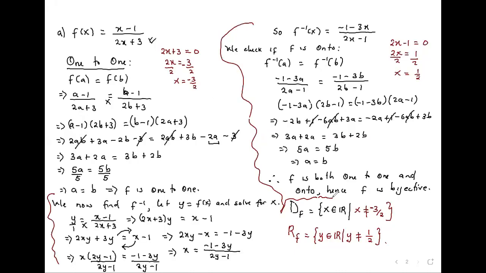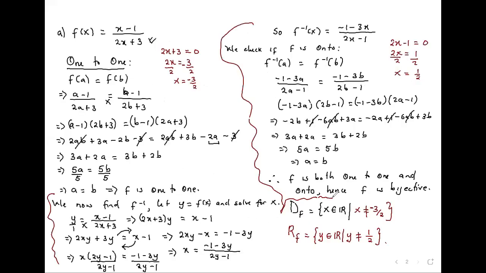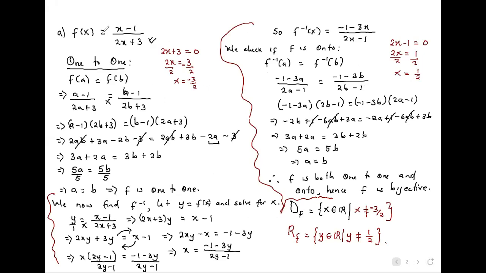Okay. Now, let's go for a case where we may fail to have the function 1 to 1, and that makes it fail to be bijective. Then we force it not to be bijective. So let's do b. So b, we have f of x is equal to